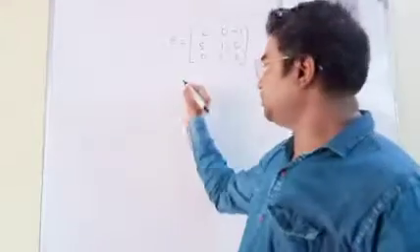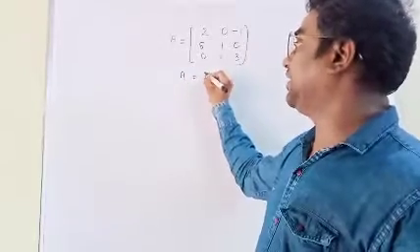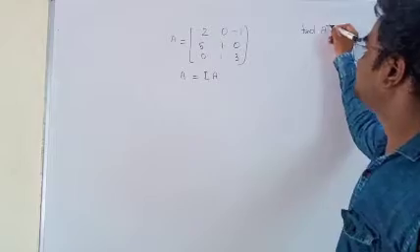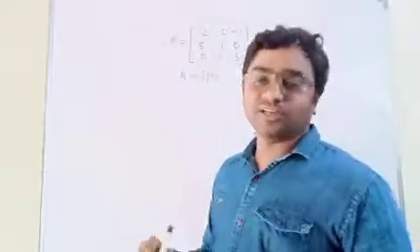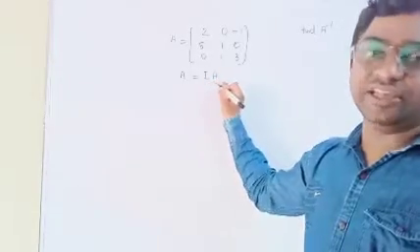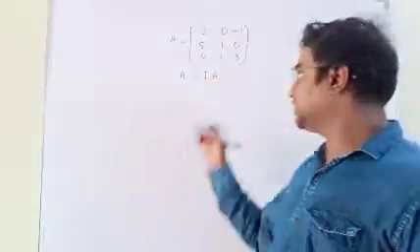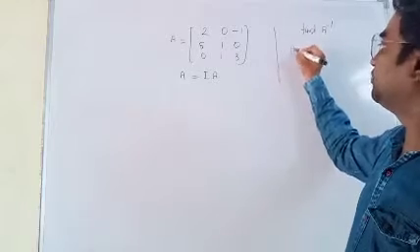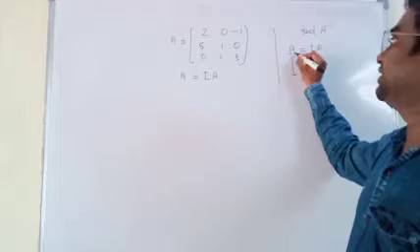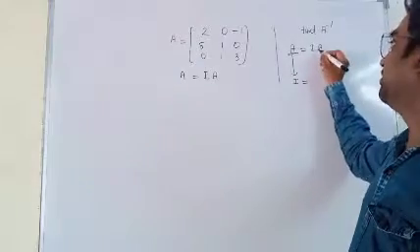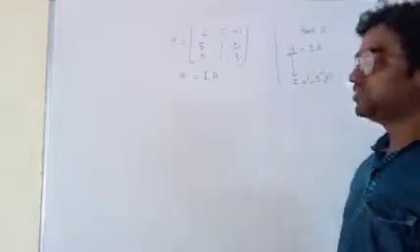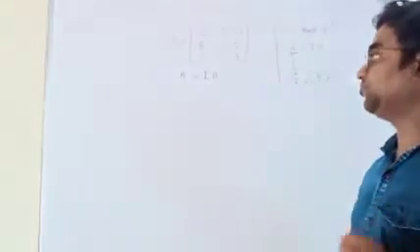As I taught you, A is equal to IA will be the format to find A inverse. Here A must be turned into the form of I, then the multiple of A will become A inverse. What I taught you earlier, this is the format. If A is equal to IA, we have to solve it in such a way that A becomes I and the multiple of A becomes the A inverse. So this is the format we have to follow.